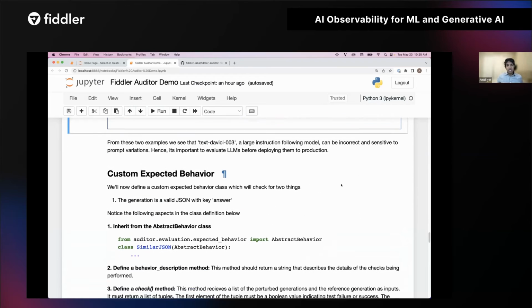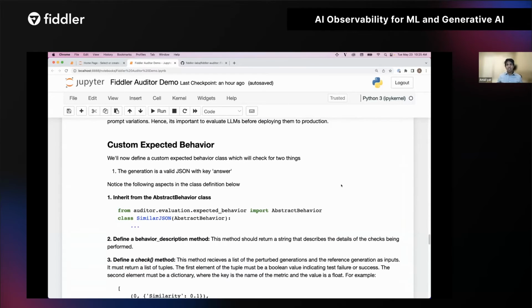And finally, we do want to acknowledge that the automatic evaluation, or model-assisted evaluation, that we are hoping to do here is not an easy problem. And we want to make sure that this tool is flexible for your use case. So we also support a custom expected behavior. And what do I mean by that? Imagine